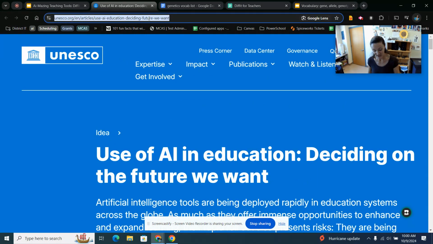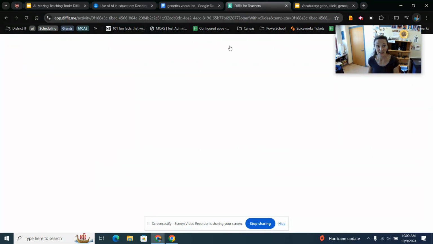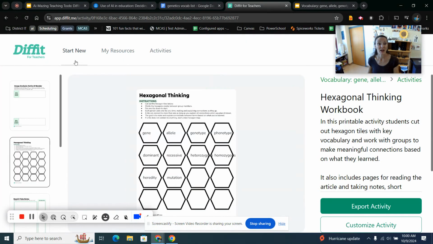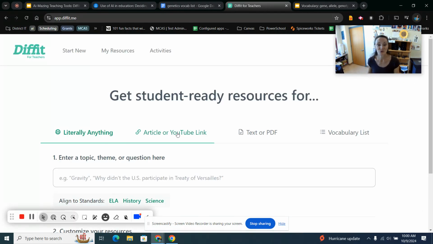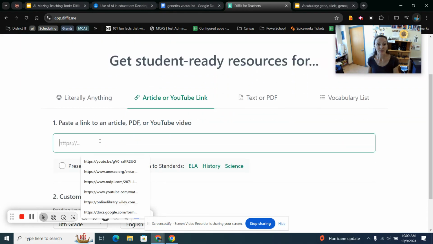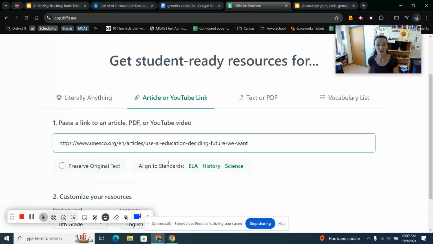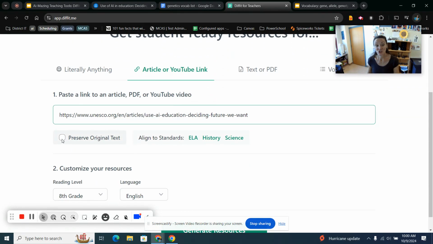I'm going to copy and paste this link into a new Diffit. So I'm going to click Start New. It's going to clear everything out. And then I'm going to choose Article or YouTube link. And I'm going to paste this article link here. Now I could choose to preserve the original text, meaning it'll just take the exact text from the article and put it